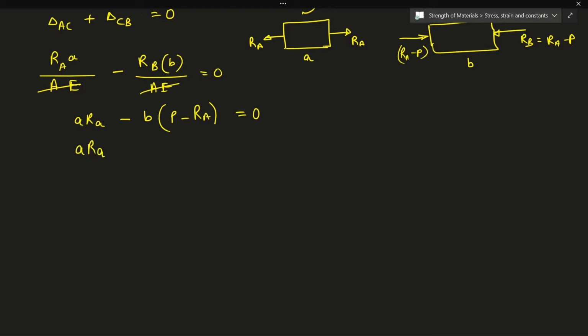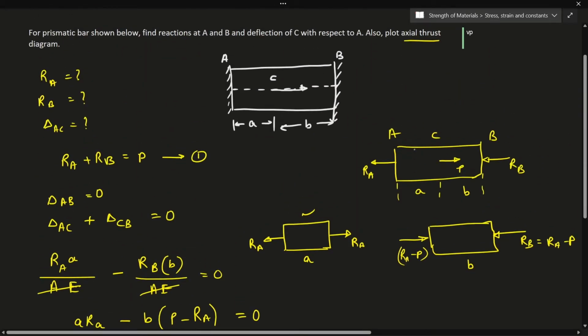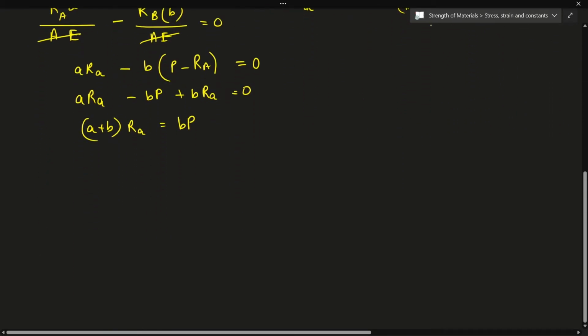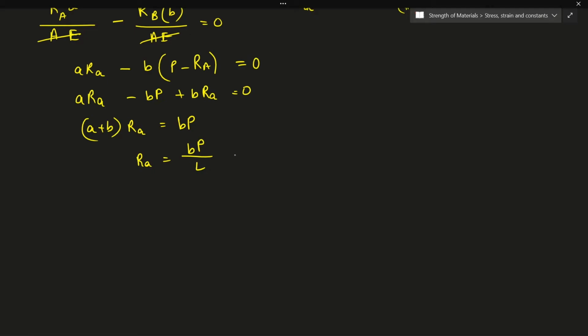Now A into RA minus BP plus BRA will be equal to 0, which is nothing but A plus B into RA is equal to B into P. Now note that A plus B is nothing but L. So I'll simply call it as the length of the bar L. For sake of simplicity, I'll have RA will be given as BP divided by L. Now to calculate RB, I'll make use of the equation number 1. RB will be equal to P minus RA, so which is nothing but P minus BP by L,